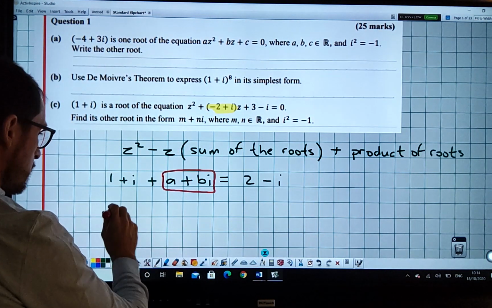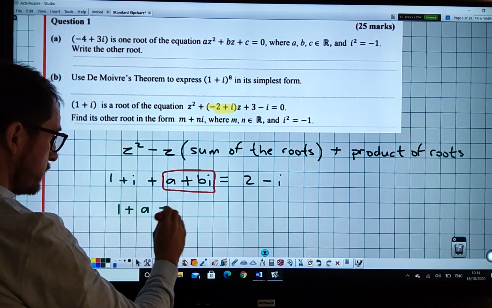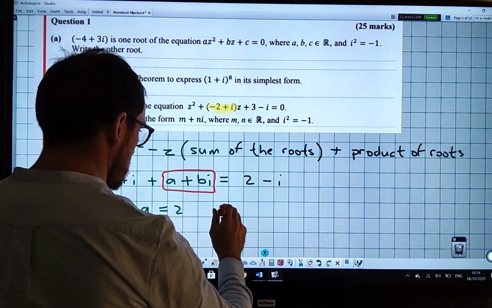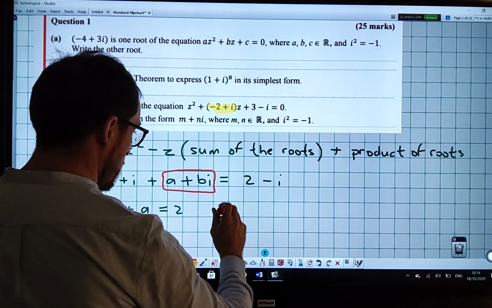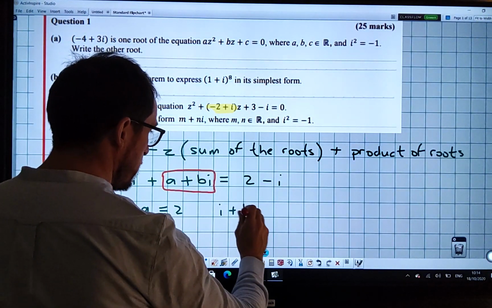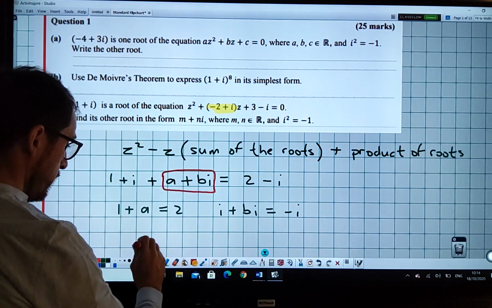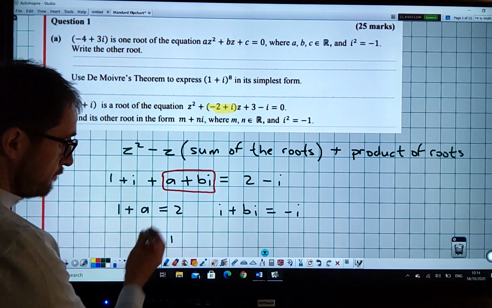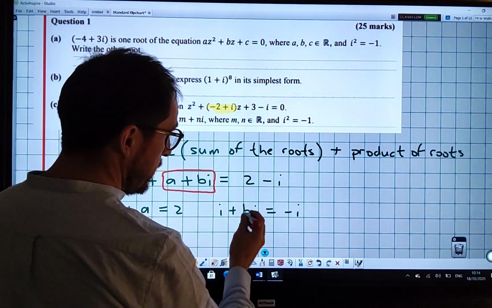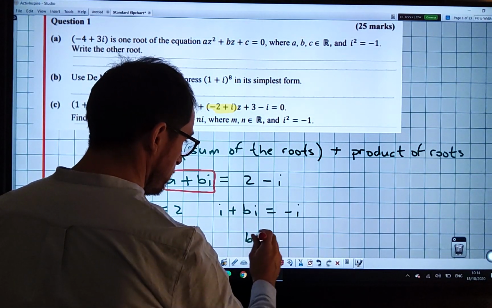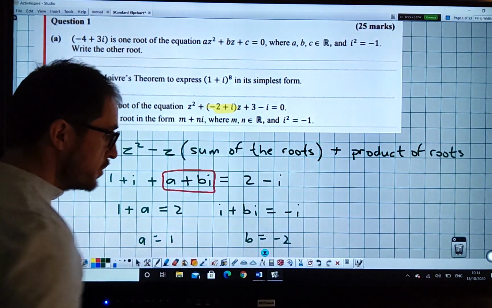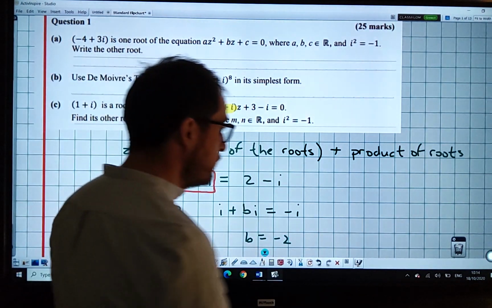So now I can say 1 plus a is equal to 2, and i plus bi is equal to minus i. So here I can say that a is equal to 1, and then b is going to be minus 2, because i minus 2i. So that would then give me,